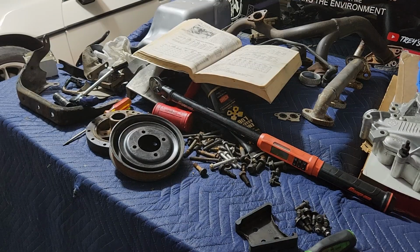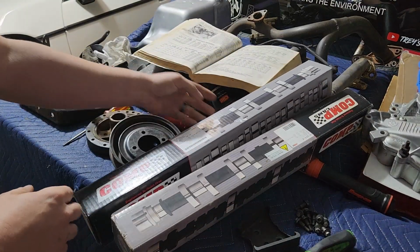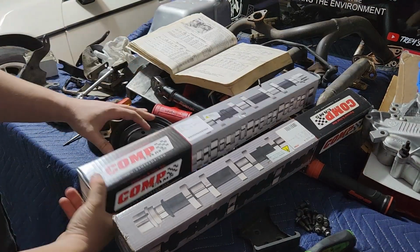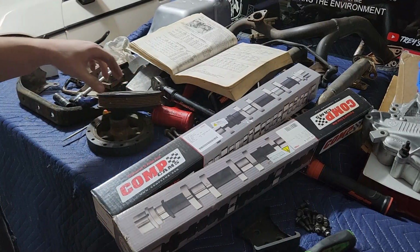Okay, guys, let me give you a rundown on where we're at with camshafts. I've got a couple here. So I made a point at the beginning, I think, earlier on, that we were going to be reusing an old cam that I had laying around. And